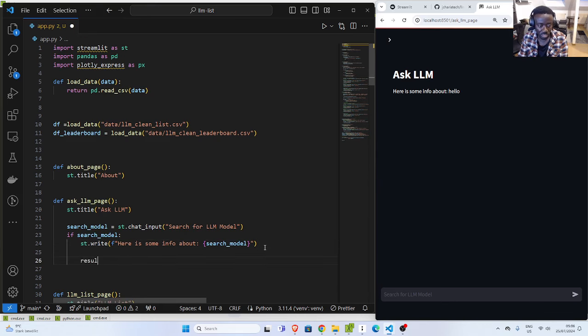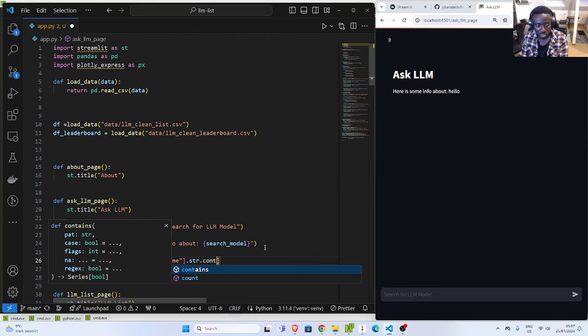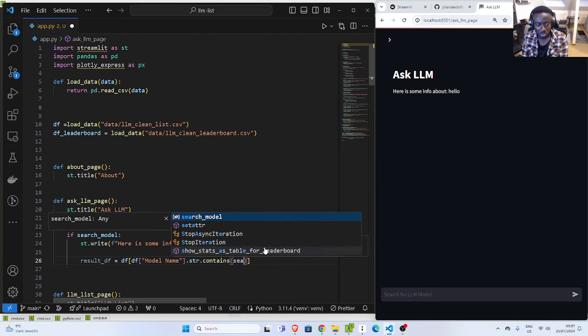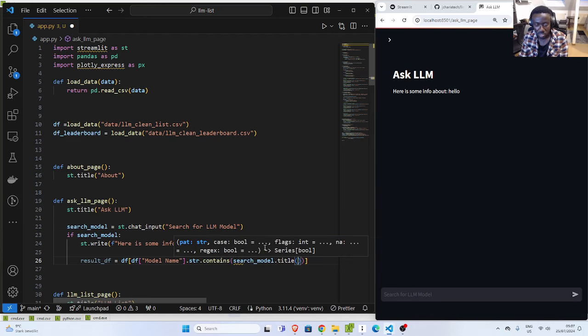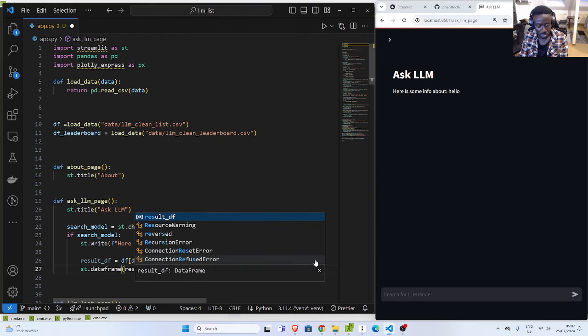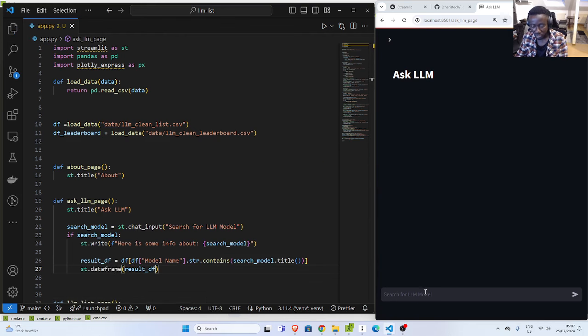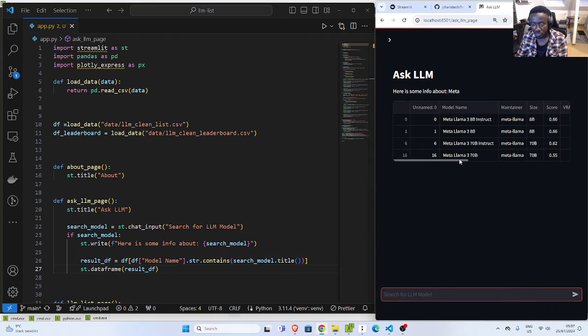Then I want to search. So I've got the result data frame. I'll search through my data frame that I have for that particular model. So I'm searching for the model name. Then I want to get all the places that contain that particular search model, but I'll call this to title case. Right, perfect. And once it comes, I will now return it, right? So if I go back here, I can now return it with st.dataframe, result df. If I save it, now if I type in meta,